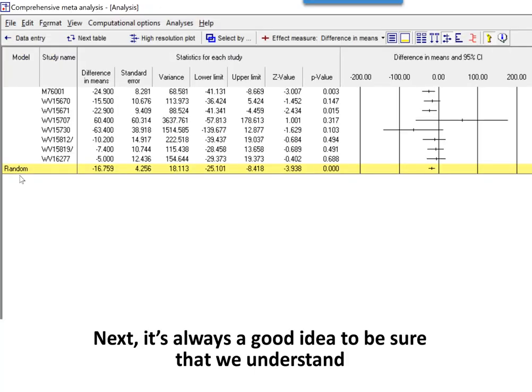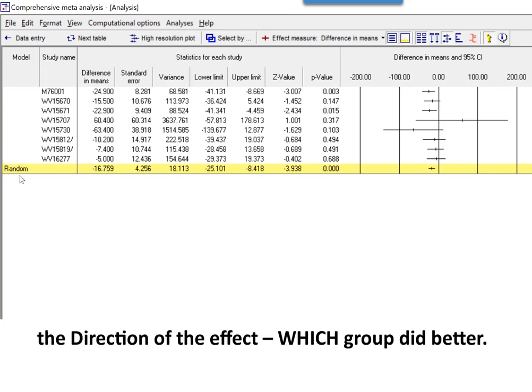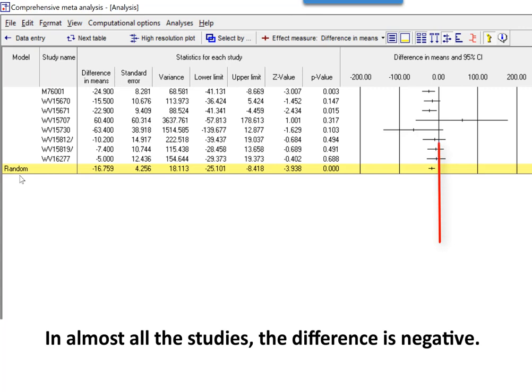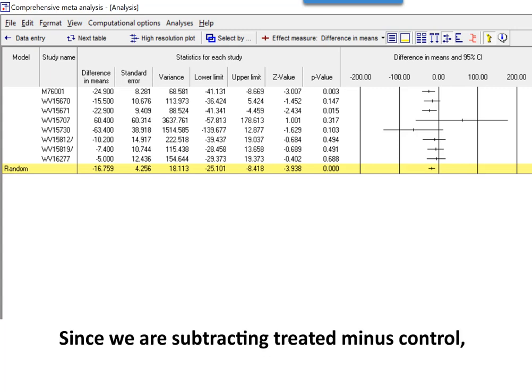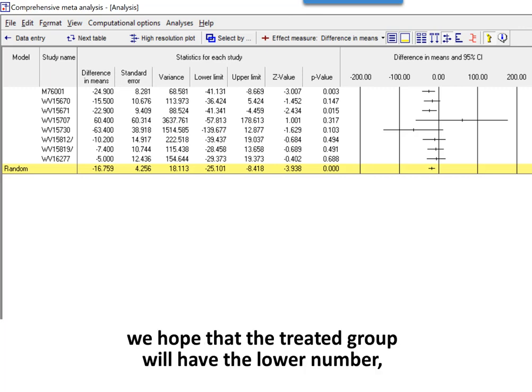Next, it's always a good idea to be sure that we understand the direction of the effect. Which group did better? In almost all the studies, the difference is negative. The outcome in these studies is time to relief, so a lower number is better. And since we're subtracting treated minus control, we hope that the treated group will have the lower number and the